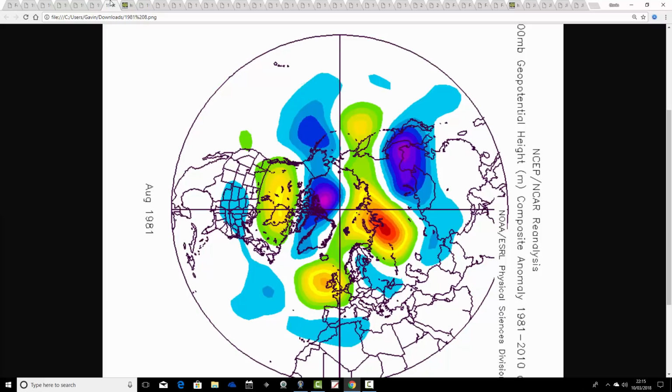And then we go through to August 1981. It gets a little bit better then. We do get an area of above average heights building through the UK and extending a little bit to our north. I mean, we're not talking about anything to be overly excited about, but out of the 3 summer months, that would have been the best. It would have been a reasonably dry and warm type pattern for August 1981, not particularly hot, finishing the summer on a reasonably warm and dry signal. So I think out of the 2 summers, 1981 is quite obviously the best of the 2. It's much better than